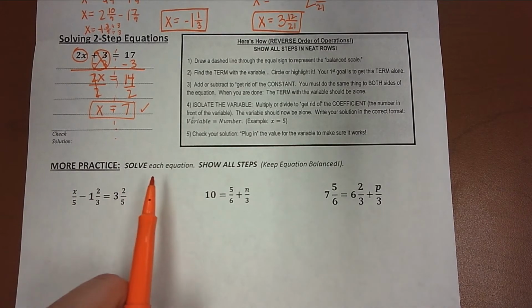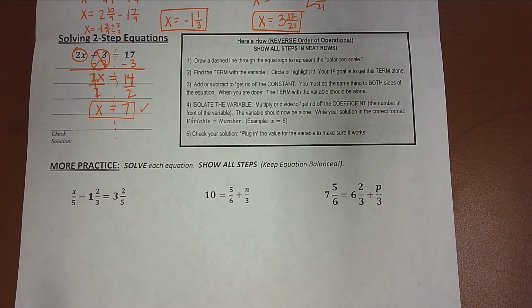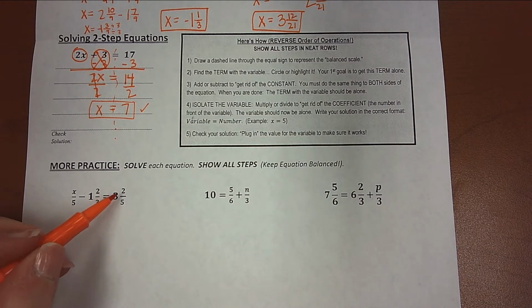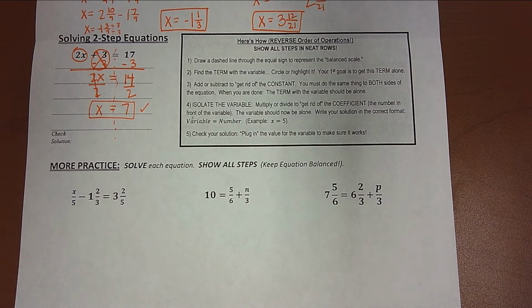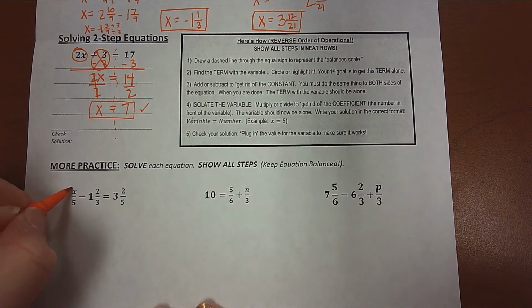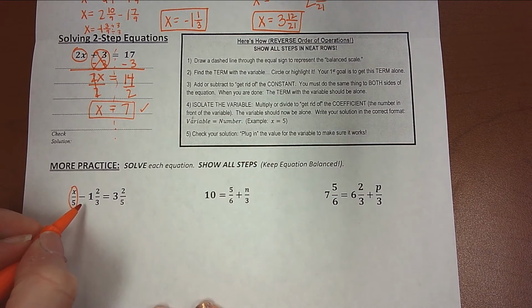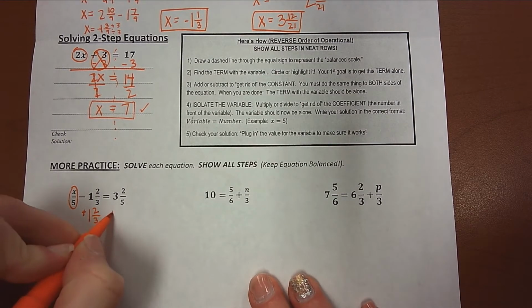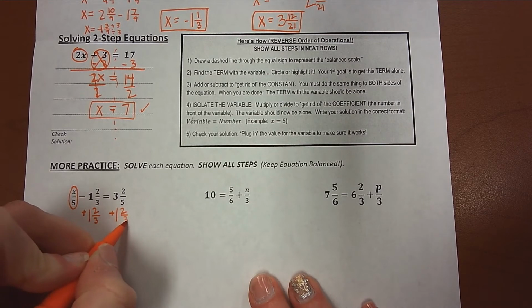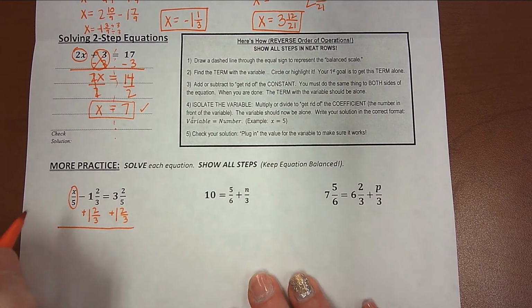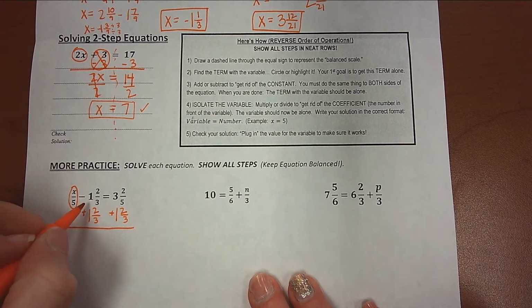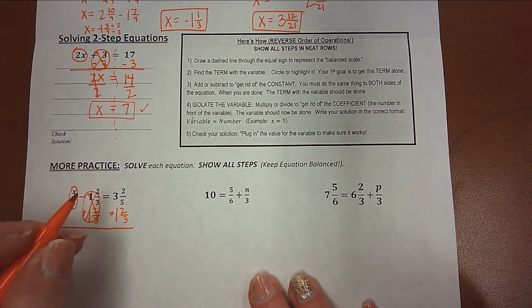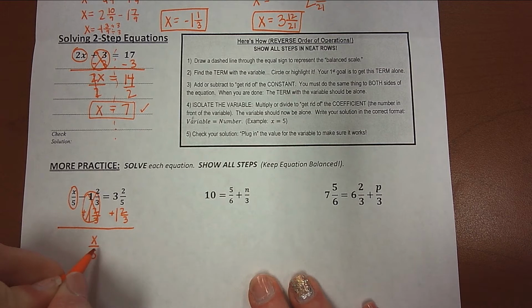Down here, we're going to be doing the same thing with fractions. So we've got x over 5 minus 1 2/3 equals 3 2/5. So the first thing we're going to do is isolate the term with the variable by doing the inverse of minus 1 2/3. So the inverse of minus 1 2/3 is adding 1 2/3 to both sides. When I do that, negative 1 2/3 and positive 1 2/3 cancel out, and I'm left with x over 5